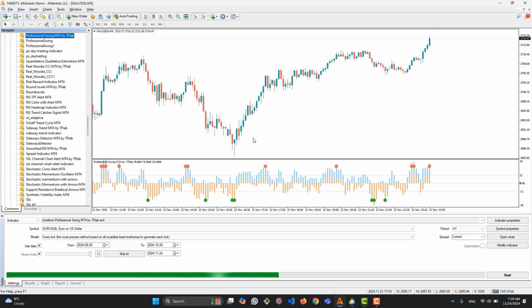provide buy signals. When the histograms of this indicator are light blue, it indicates an uptrend, and when they are